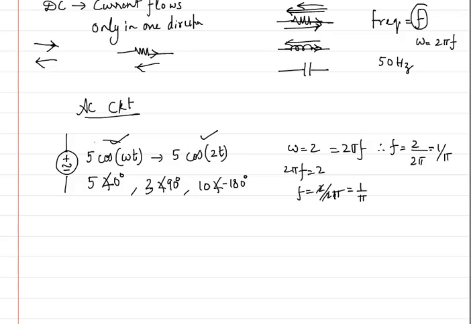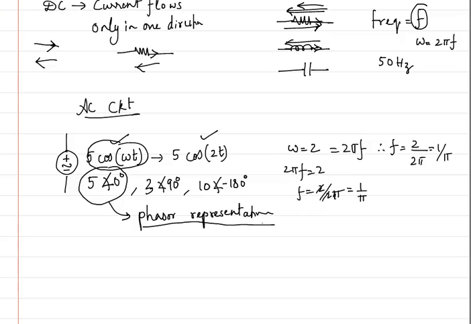Basically it can either come in as an equation form like this or in this representation. This representation is called phasor representation. You should never forget it, because from here on, not only in network theory, in many different subjects, you will keep on hearing this terminology, phasor representation. So what is the meaning of phasor representation? Phasor representation means there will be some magnitude and there will be some angle written.